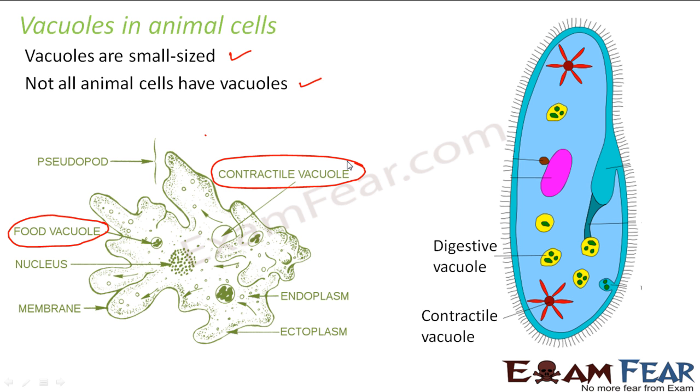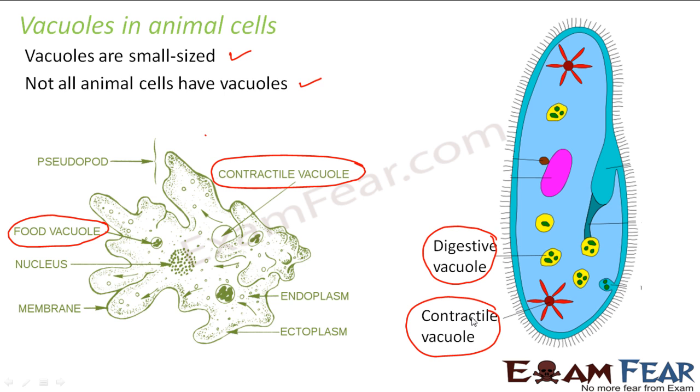The food vacuole will help in intake of food material. Similarly the contractile vacuole will help in contraction. Another example is a ciliate. What is a ciliate? The protozoa which has these hair-like structures called cilia throughout its body, right? Here also they have a digestive vacuole which helps in digestion. Again, it has another contractile vacuole which helps in movement, right? So the different types of vacuole have different functions, but in animal cells it is generally seen that